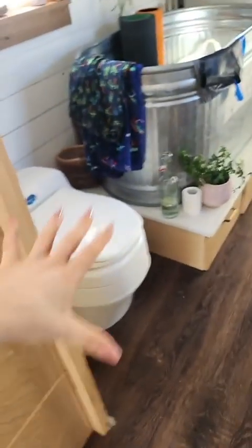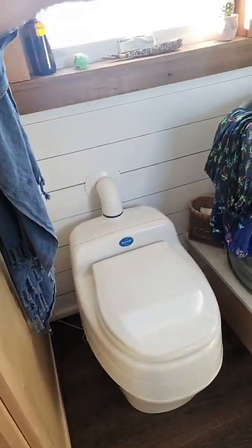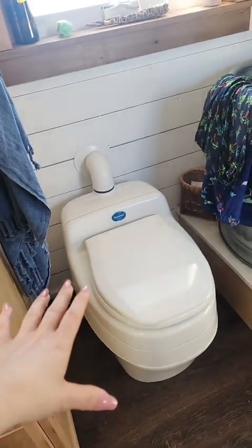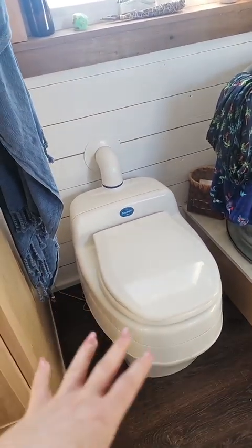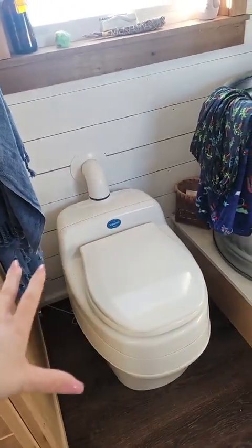The tiny house is your oyster. Take us back into the bathroom and talk about a couple of things in here. Firstly, I love this toilet. I've researched all the different kinds of composting toilets that are out there, and if you're going to go with the classic separation, urine diverter bucket style toilet,